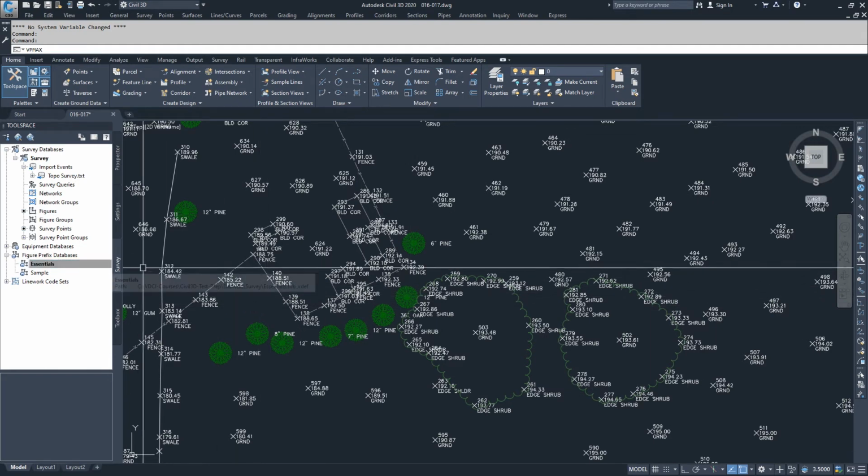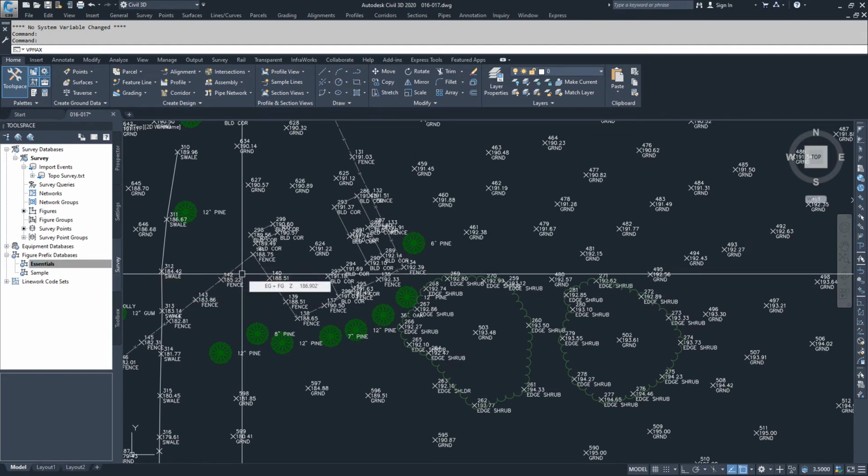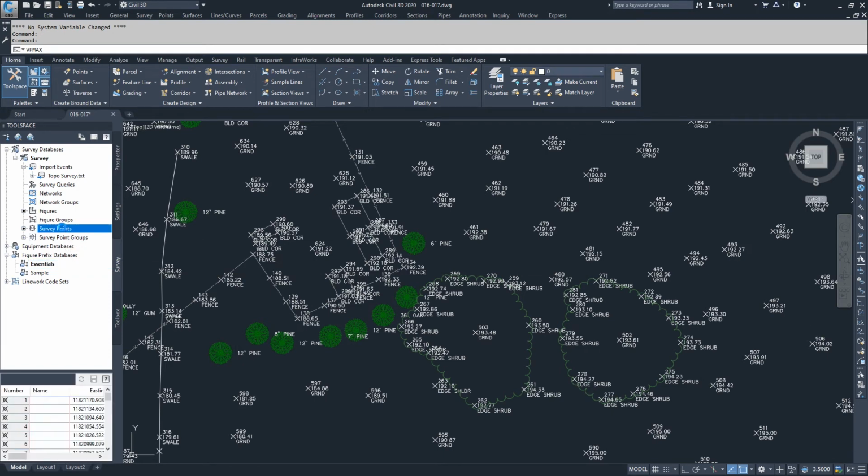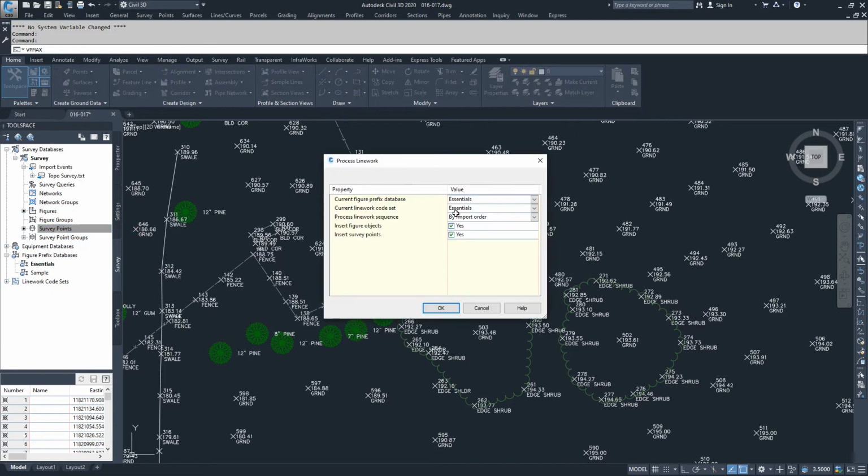And the one thing to note is that if you hadn't created your figure prefix database before you did your import, you don't have to go back and delete your import and then redo it with your new figure prefix database. What you can do after you've done your survey import is you can go to your survey points and right click on it and choose process line work. And inside of process line work, you can choose your figure prefix database and you can tell Civil 3D to either process the line work and insert your figures, or you can tell it to just process the line work